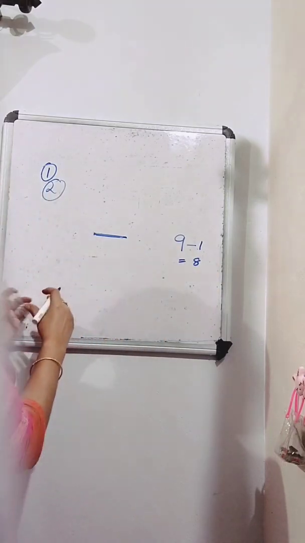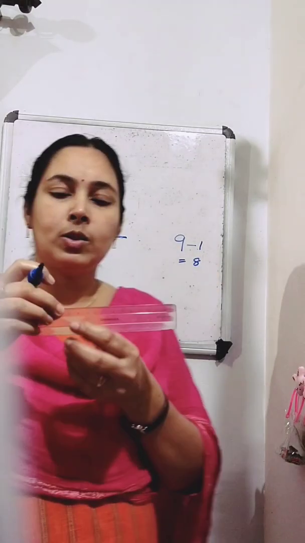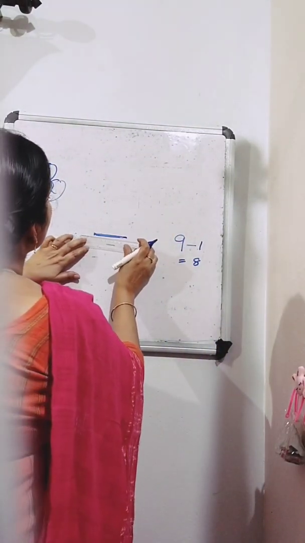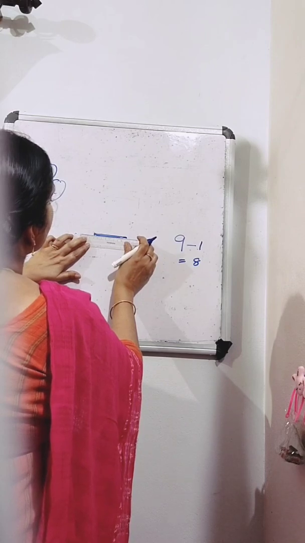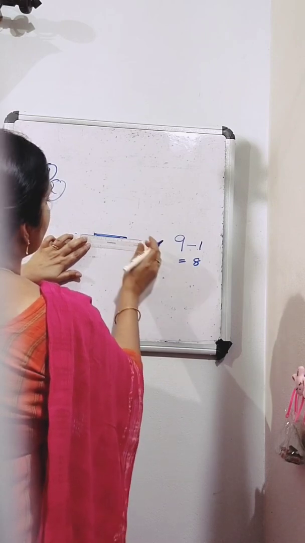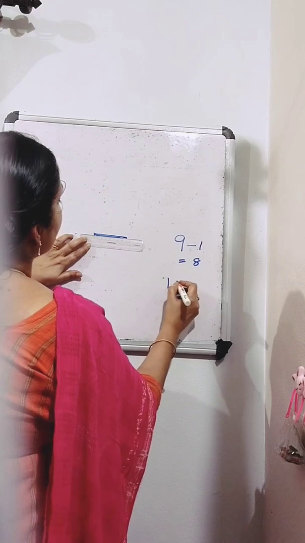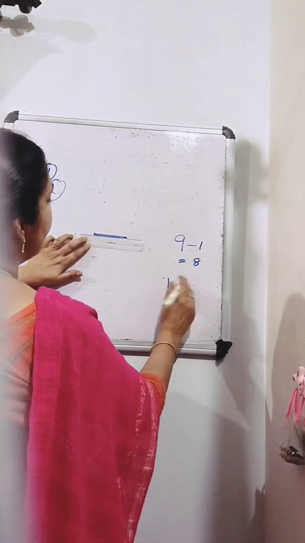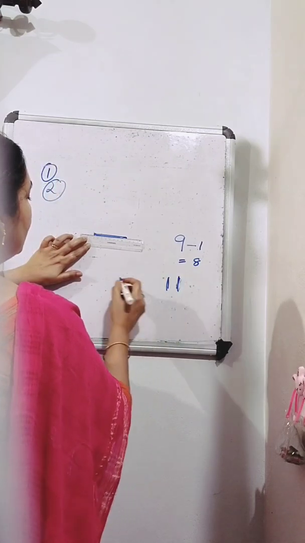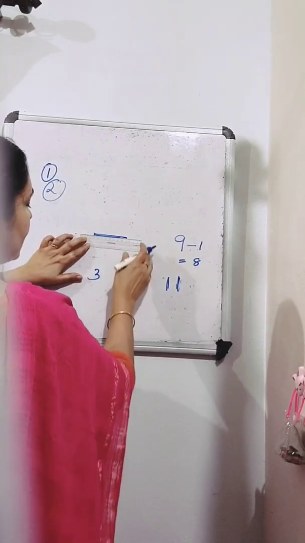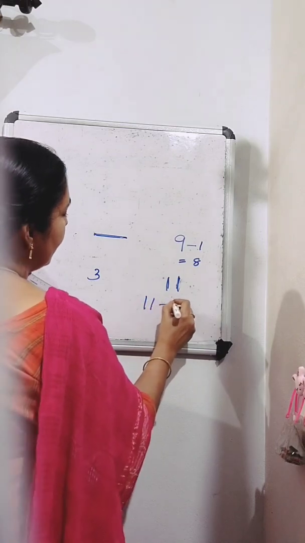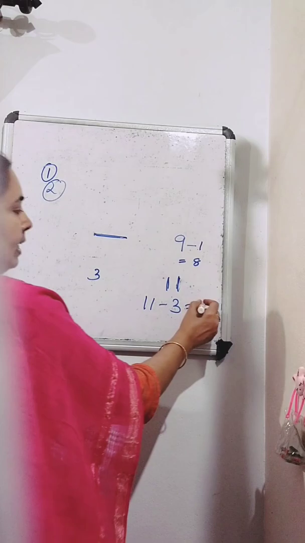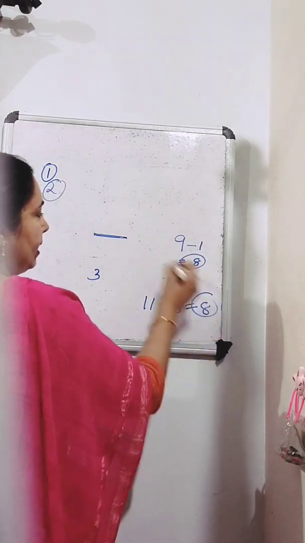And if you begin the reading, if 1 mark is also not clear, it is also broken. And if you begin it from 3, you begin it from 3. So you get the final reading is what it is? 11. Final reading is 11. So you begin from 3 also. So what is the actual length? 11 minus 3. So what is it? It is 8. So reading is same, length is same.